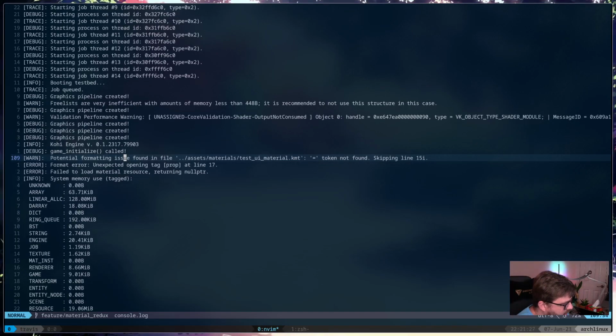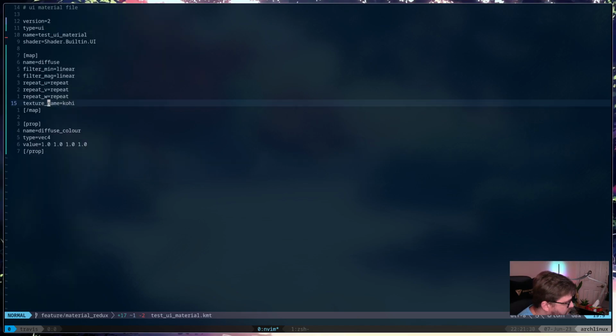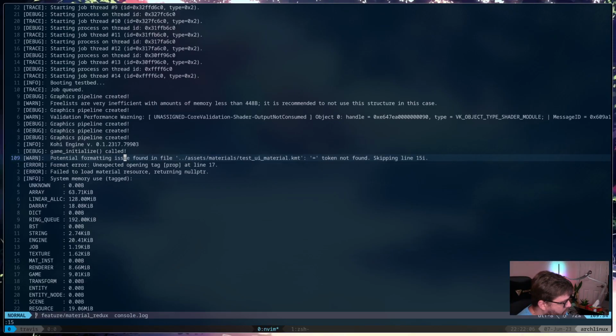Equals token not found. It's right there. Line 15. What are you on about? Unexpected opening tag prop at line 17.